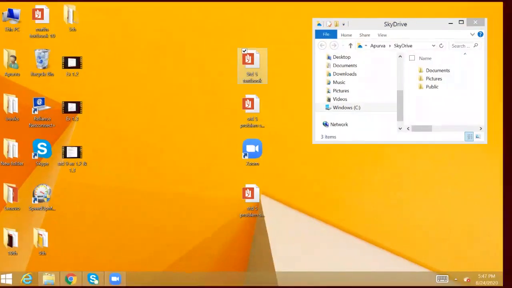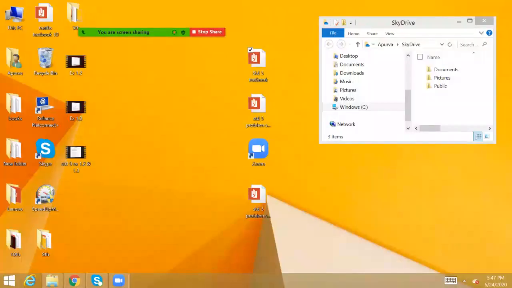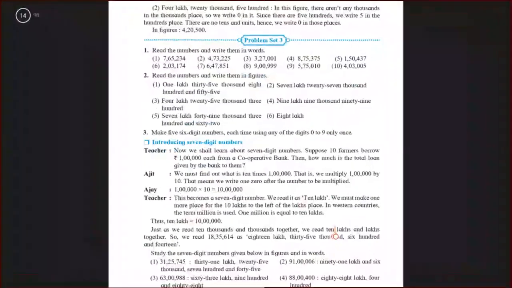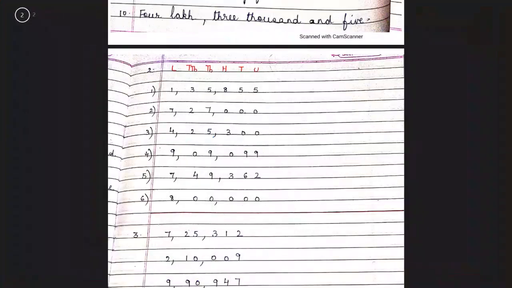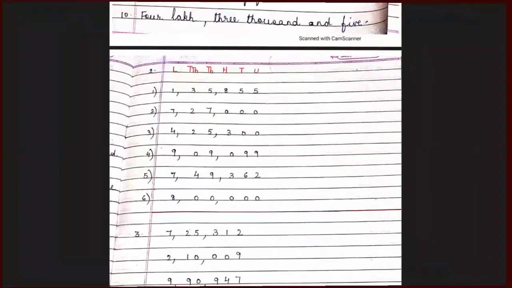Now go to the second question here. It's given 7,27,000. How do I write? 7,27,000. So 7, I write it under the lakh column. 27, I write it under 10,000 and thousand number. 1,000. There's nothing in hundreds, tens and units. So I put zeros over there. Okay. The third question is